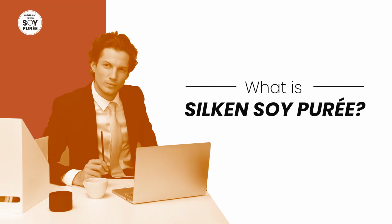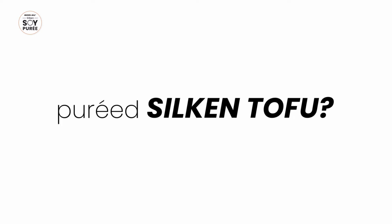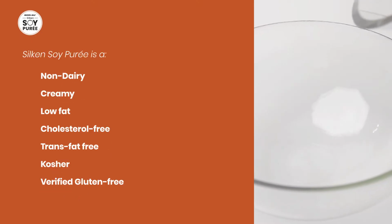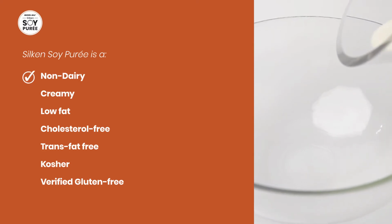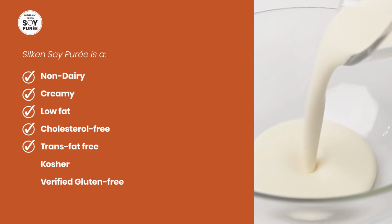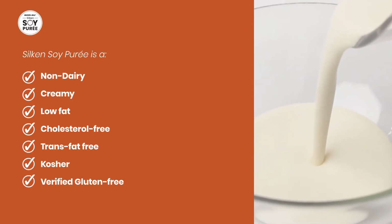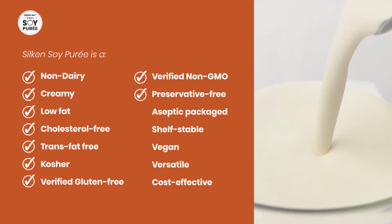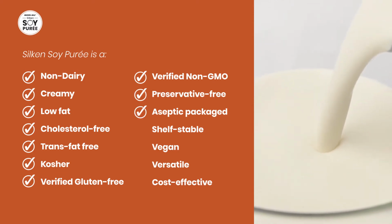So, what is silken soy puree? Is it pureed tofu? Pureed silken tofu? Pureed soybeans. Silken soy puree is a non-dairy, creamy, low-fat, cholesterol-free, trans-fat-free, kosher, verified gluten-free, verified non-GMO, preservative-free, aseptic packaged,